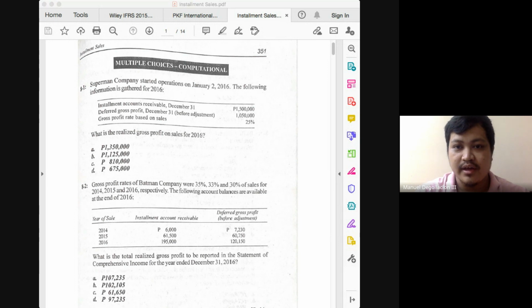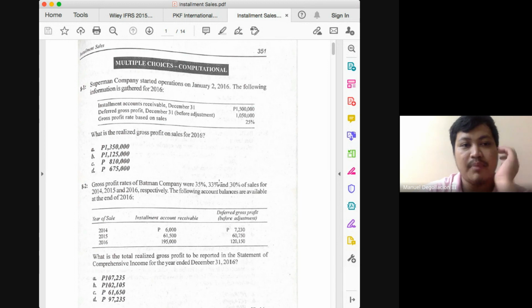375,000. Since we already know that our DGP before adjustment was 1,050,000, and that our DGP after adjustment should be 375,000, then that means our realized gross profit for the year would be 675,000. Okay. Another approach here would be to simply work back the amount of